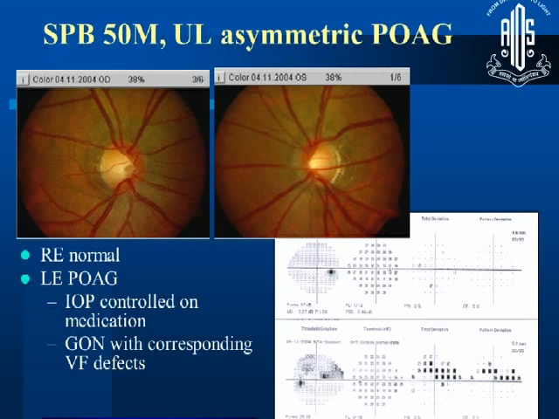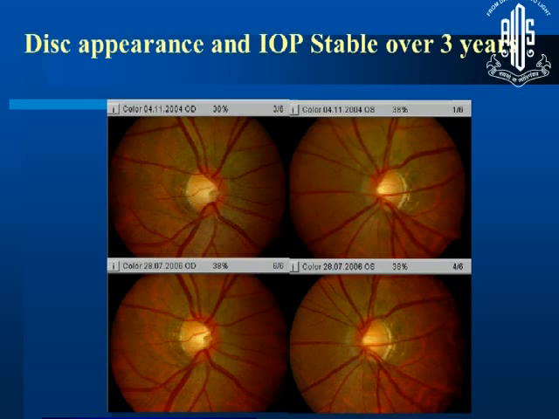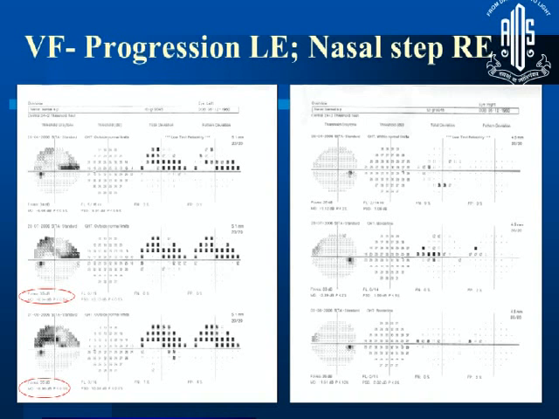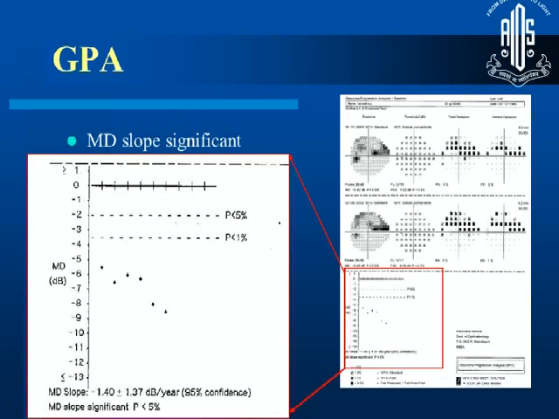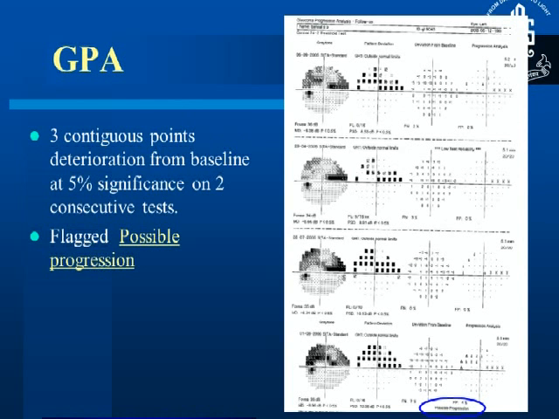We've used it as a structural progression tool, as in this patient, way back in 2004. He came to us, pretty straightforward POAG in this eye. You can see this large NFL defect even on the colored picture and corresponding field loss in the left eye. Down the years he remained stable, but then for some reason there was some progression seen over here. So we did the GPA, and yes, it showed up a significant slope, and there was a definite downward trend in the glaucomatous eye, and it showed up a progression which was flagged as well.